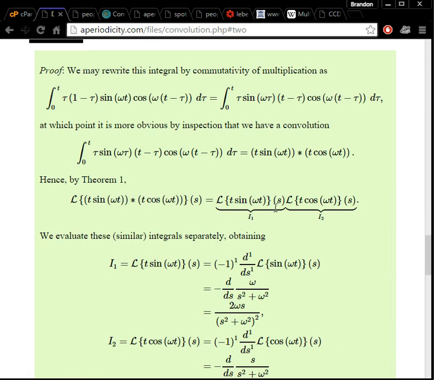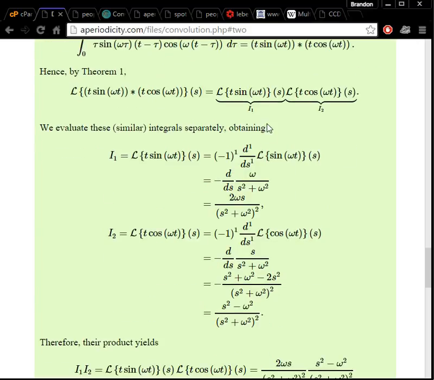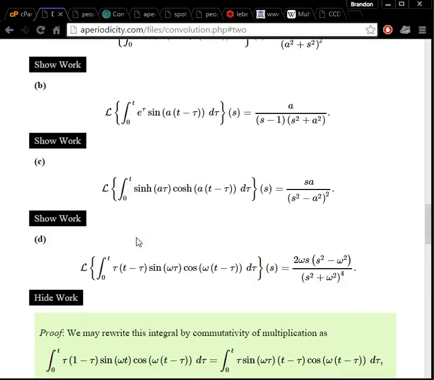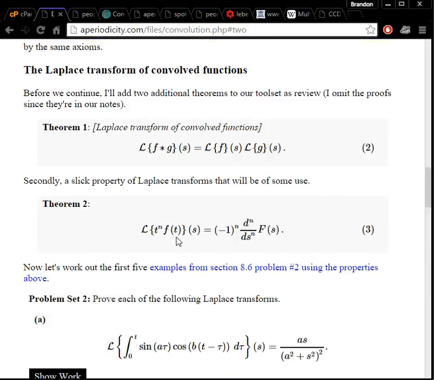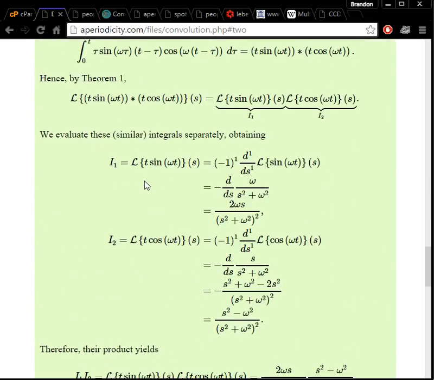And again, the Laplace transform of a convolution is the product of the Laplace transforms, and I've just denoted each of these individually by I1 so we don't lose track of them. And then this is the problem that utilizes theorem 2, which is why I thought it would be a good review. And so I1 is equal to the Laplace transform of t sine of omega t, and that's equal to